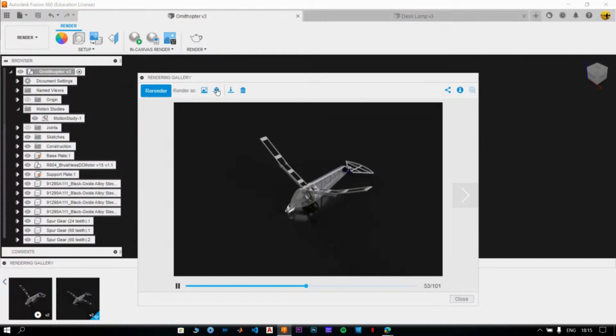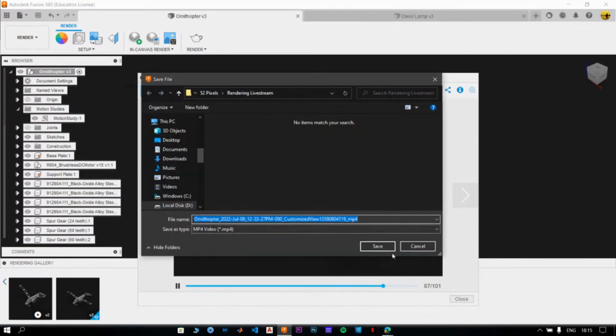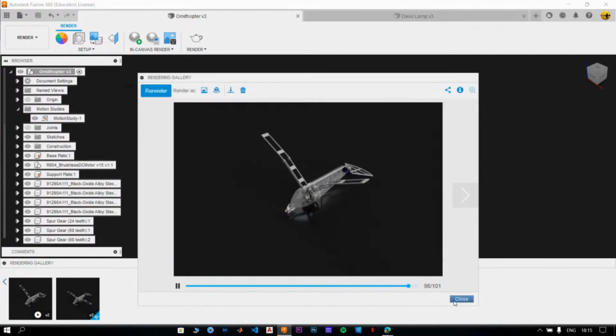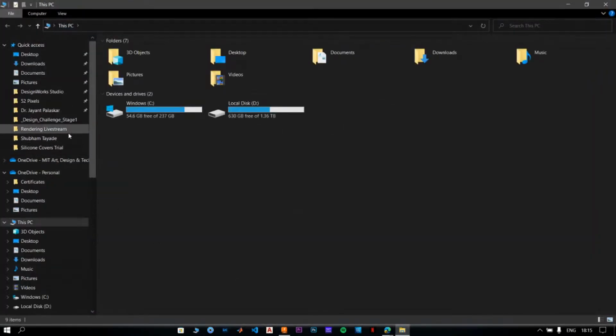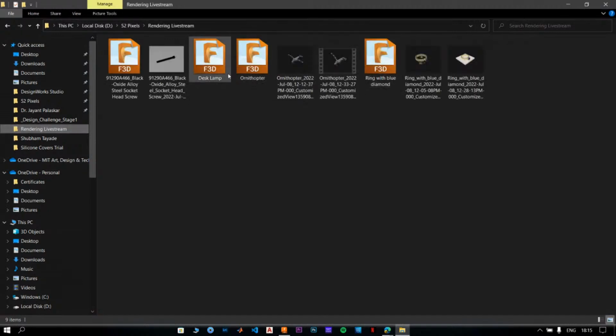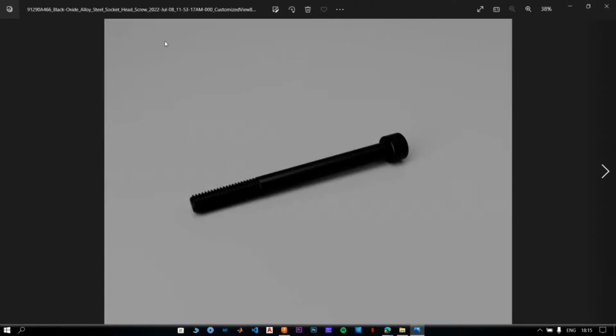So instead of seeing it over here as a preview, we can just simply download the motion study as a video, and we are going to download it as an MP4 video on our system so that we can have a look at it in a better way. All right, so I'll save it in the folder, and I'll directly have a look at it from the folder itself. So I'll go to the folder, and if you look at all the renders that we have saved,